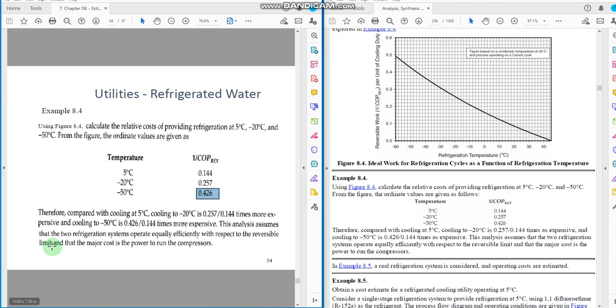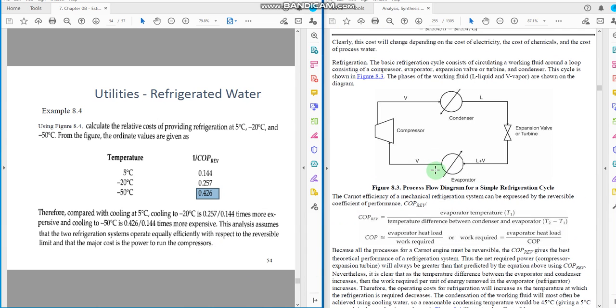So this analysis assumes that two refrigeration systems operate equally efficiently with respect to the reversible limit, and that the major cost is the power to run the compressor. Okay, so what we see from here, if we get a very low temperature in the evaporator, or you want to refrigerate something at a very low temperature, then what would happen? The coefficient of performance would be reduced, right? And if the coefficient of performance is reduced, then you would be getting a higher value of this factor, and if you're getting a higher value of this factor, then you have to spend more energy and cost to get the